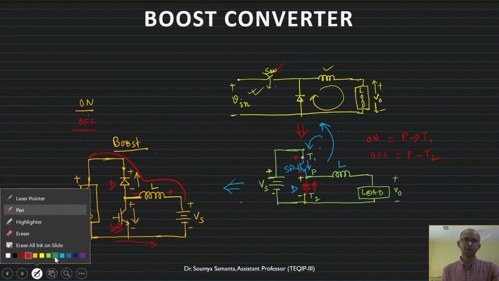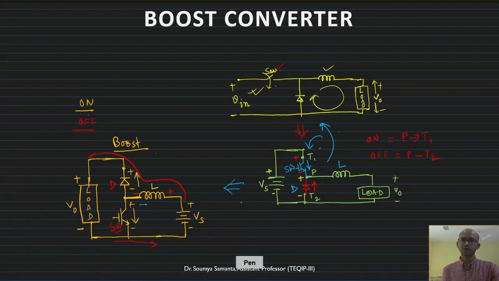And I will change the color. So this will be plus, this is minus. So what will happen? In the first case, this is disconnected, so we will get V output equals 0. Nothing is connected.